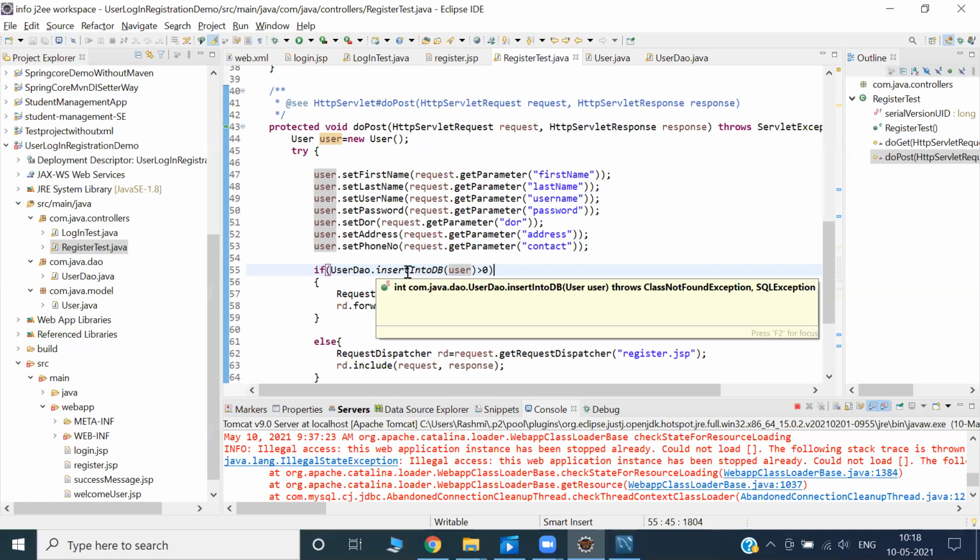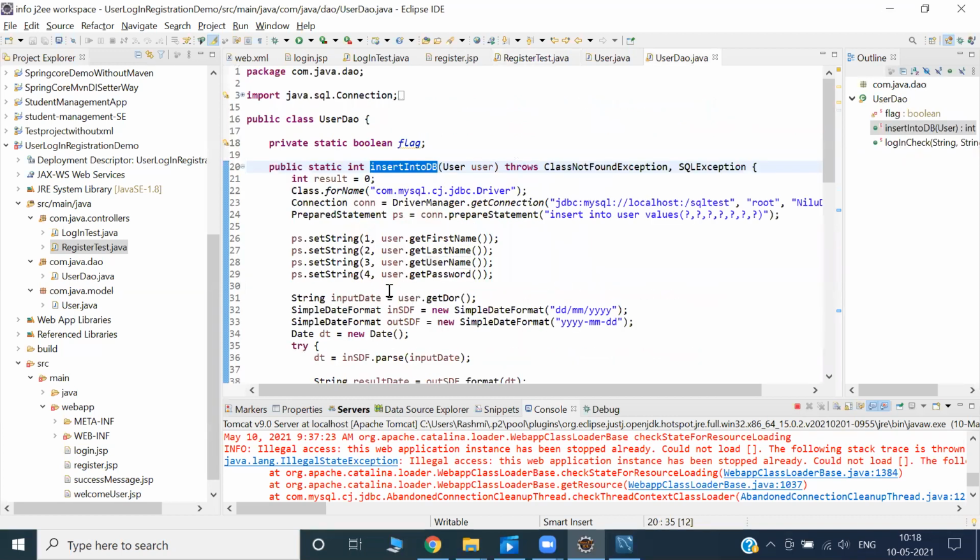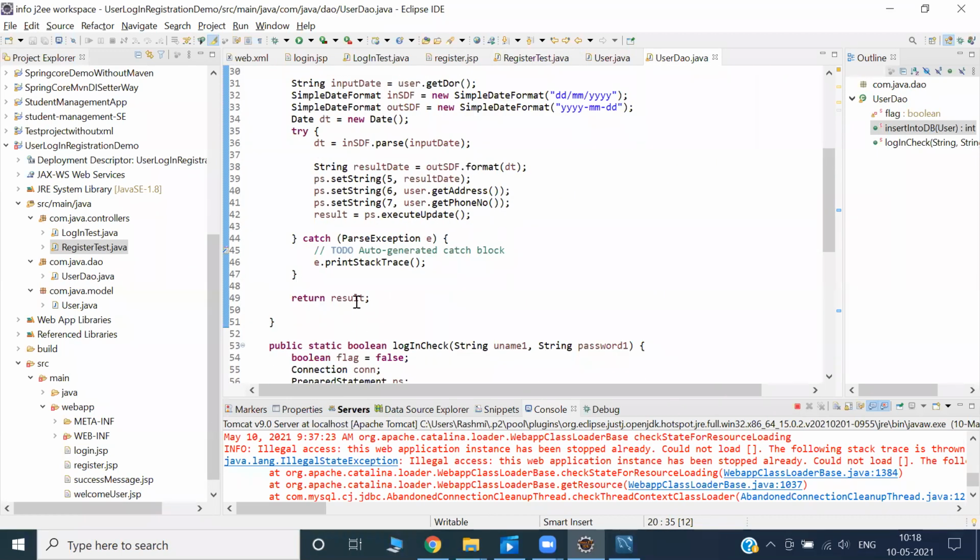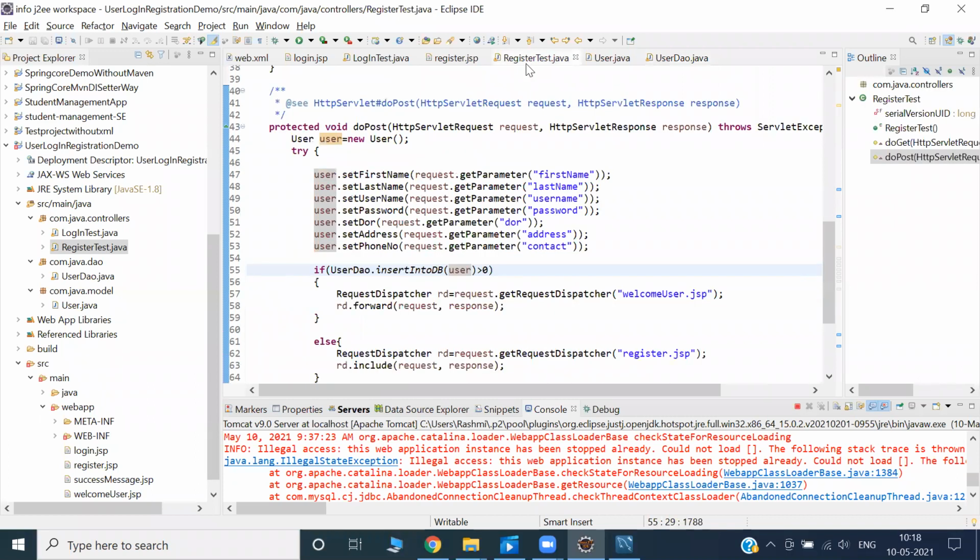What will it return? An integer value. What is returned? Result. It will return result. Can somebody tell me what user.insertIntoDB will return? It will return an integer value, the result here. If the result is greater than 0, there are two values, 0 or 1.